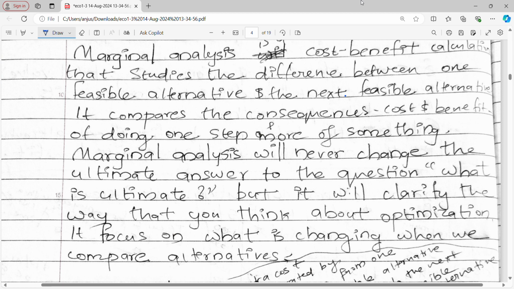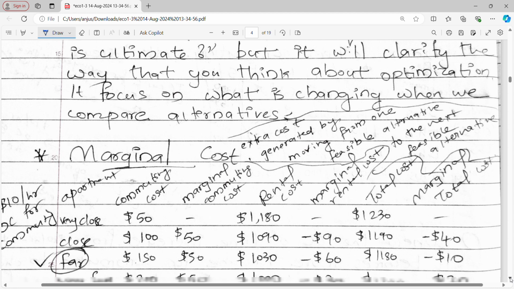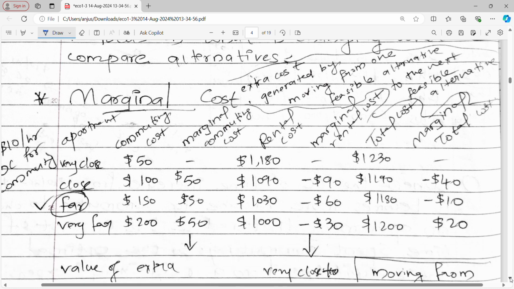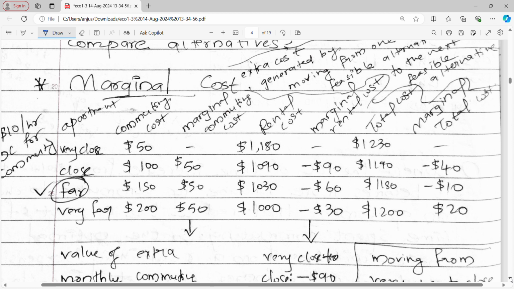Okay. So next is marginal cost. It is the extra cost generated by moving from one feasible alternative to the next feasible alternative. So when the opportunity cost was $10 per hour,